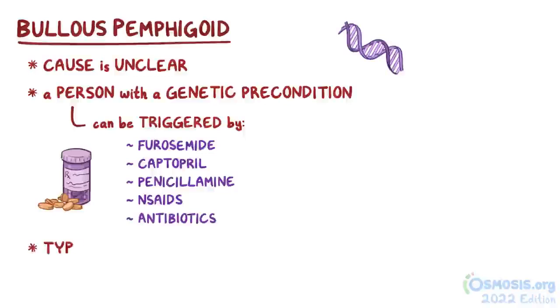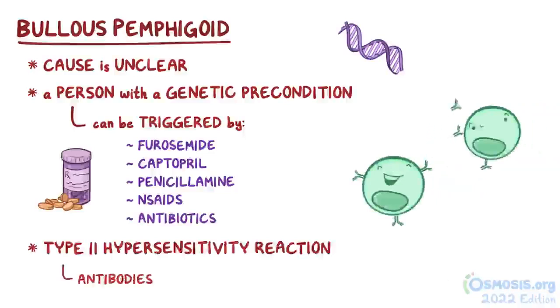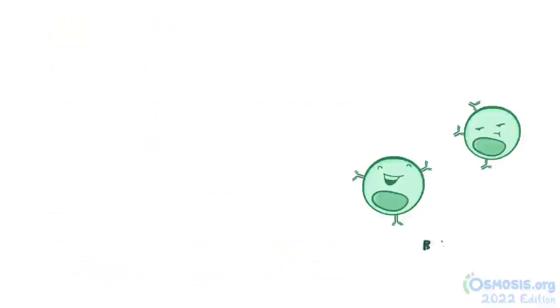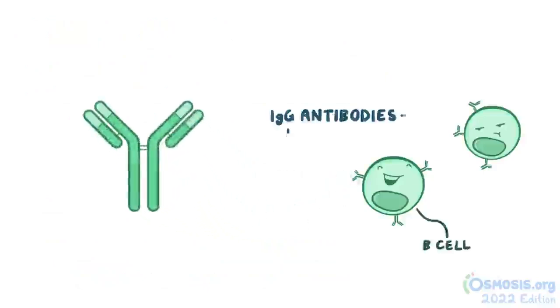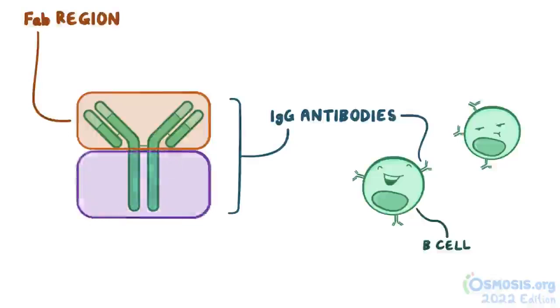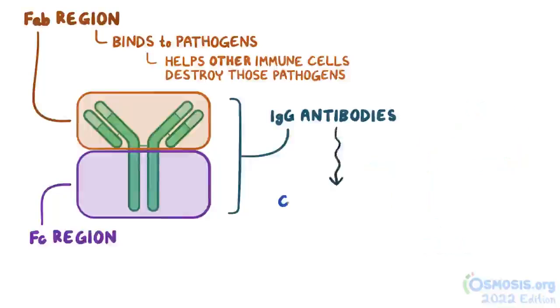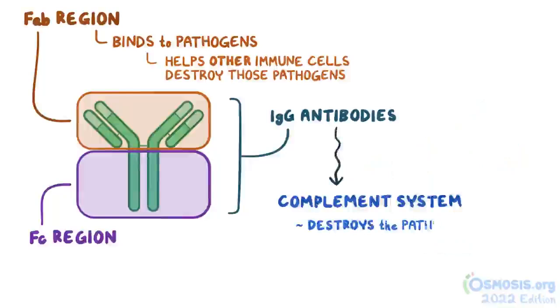Bullous pemphigoid is a type 2 hypersensitivity reaction, which is when the immune system produces antibodies that bind to the body's own cells. Immune cells, called B cells, produce IgG antibodies, which are Y-shaped molecules with two regions: an antigen-binding fragment region, or Fab region, and a fragment crystallizable region, or Fc region. The Fab region of the antibody binds to pathogens, which helps other immune cells destroy those pathogens. The antibodies can also activate a part of the immune system called the complement system, which destroys the pathogen, or